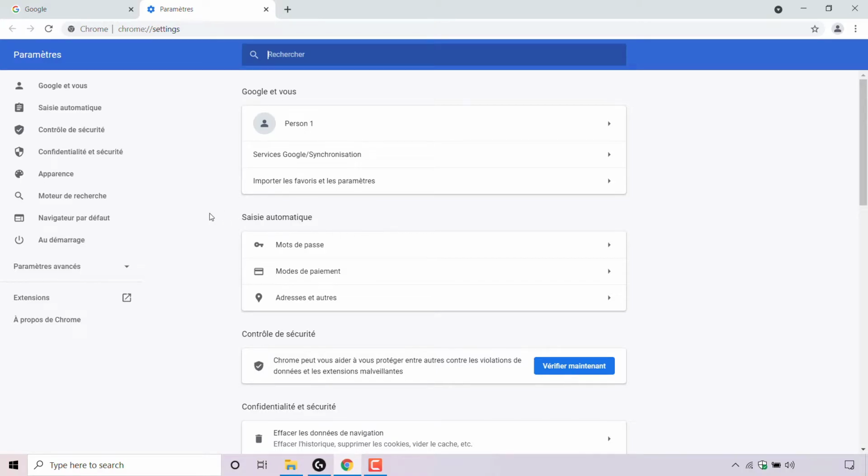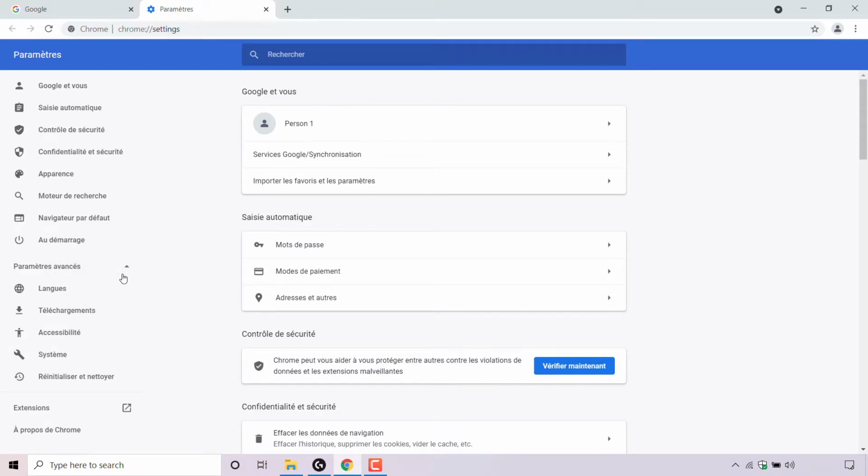Look to the left hand side here and you'll be greeted with various Chrome setting options. The option that we're looking for, guys, is Advanced. Advanced will be the option between the power icon here and extensions. So it will be this option here. Once you've found Advanced, left click on this arrow here. You should now see the advanced Chrome settings.